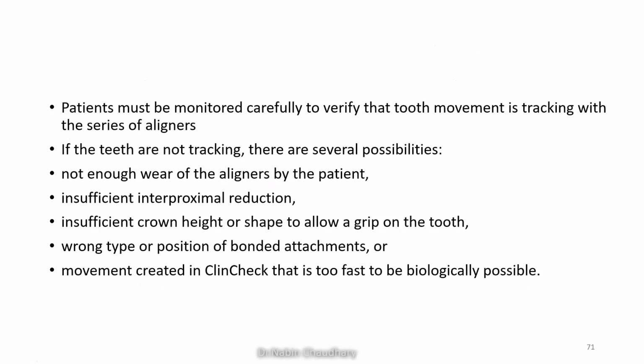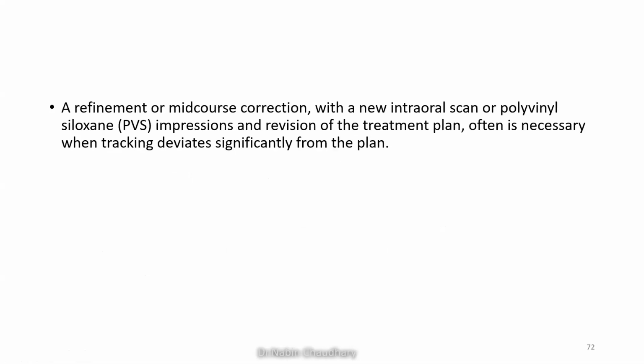The possibilities could include: there is not enough wear of the aligners by the patient, there is insufficient interproximal reduction, there is insufficient crown height or shape to allow a grip on the tooth, there is a wrong type or position of the bonded attachment, or the movement created in the ClinCheck is too far to be biologically possible. So when the tooth movement is not tracking properly,